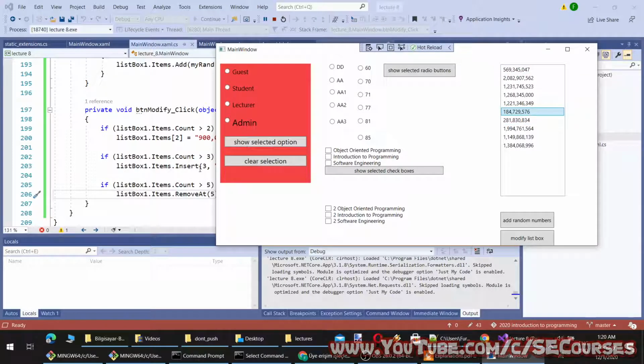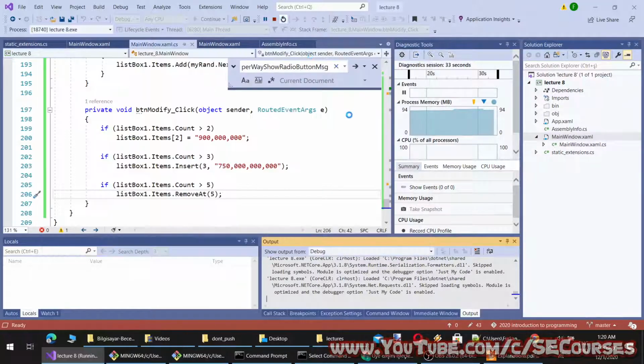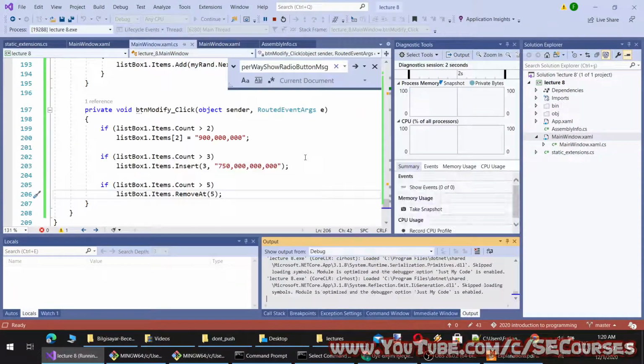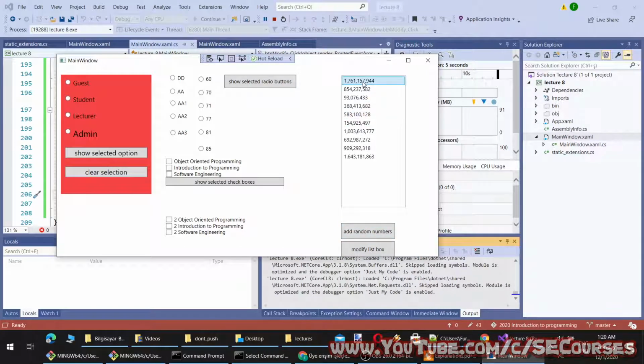However, since we will add another item here, the 5th index item will be this one, and this will get removed. Now check it. Okay, it will get removed. Interesting. Let's reload. Maybe we did the calculation incorrectly. Zero, 1, 2, 3, 4, 5. Okay, this is the 5th item, and this will become the new 5th item, so this will get removed. Okay, so let's check it out, and it is gone, as you can see.